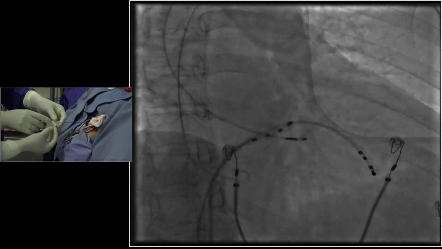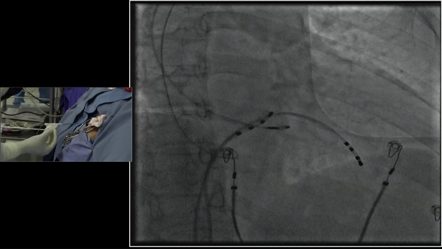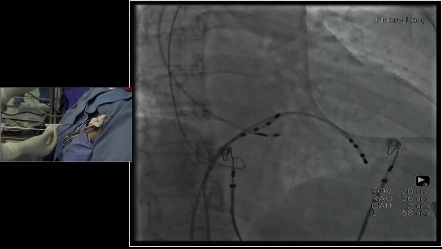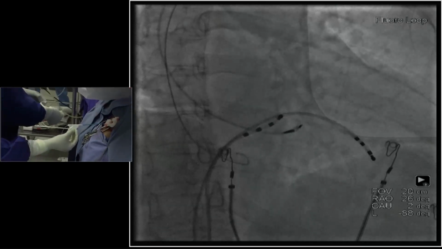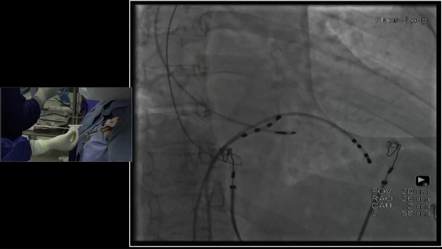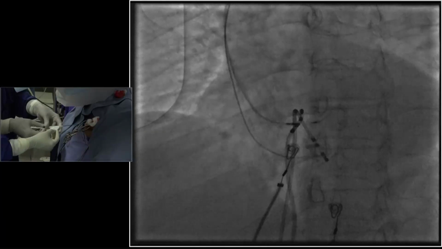Once it is done, RAO is only for identifying the site. So now you have to come to LAO. Once I reach the LAO and I'm ready for giving screw, I'll usually remove my gloves, and I always start with double glove. You can see here the sheath is almost in an L-shaped configuration of the septum.